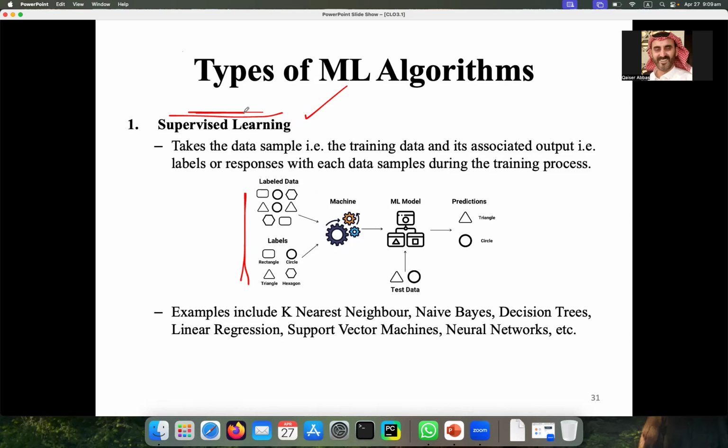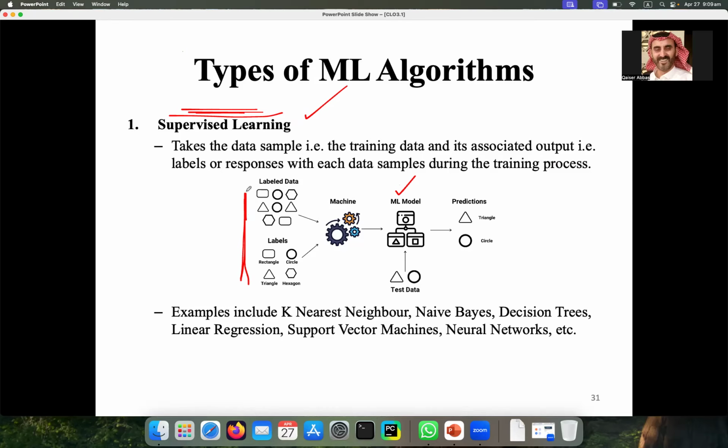For the training, you have to give data to this model, and then this model will get training over it. The data that we are giving in supervised learning will have labels.